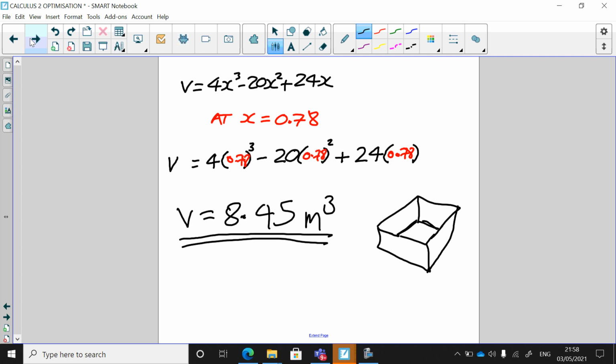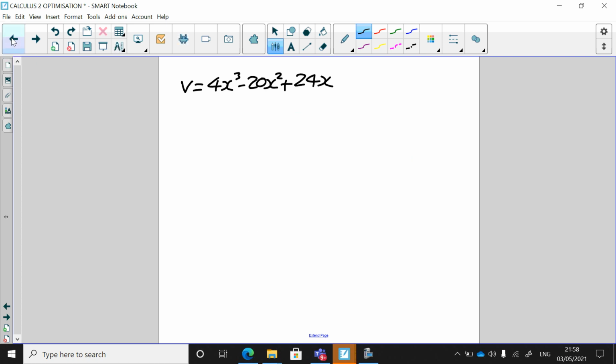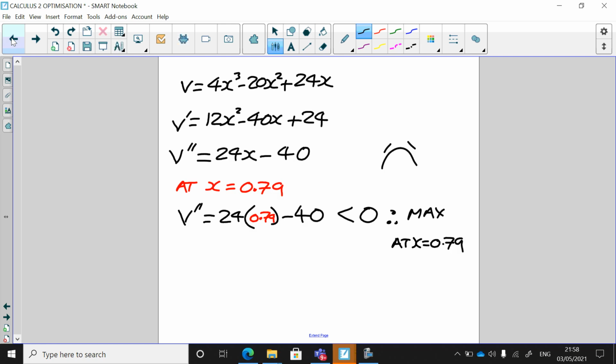File that in, and it's 8.45 meters cubed. So I'm just going to, just for completeness here, here, and here. So I'm saying at 0.78,